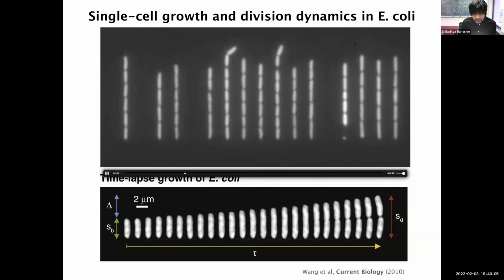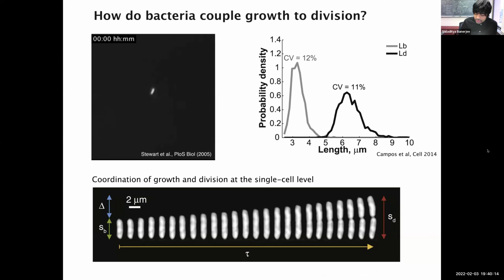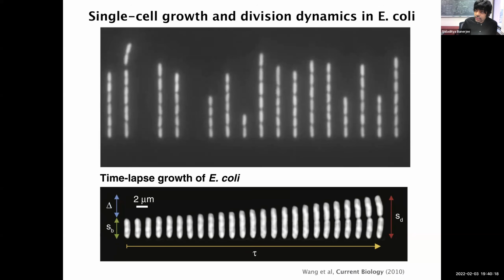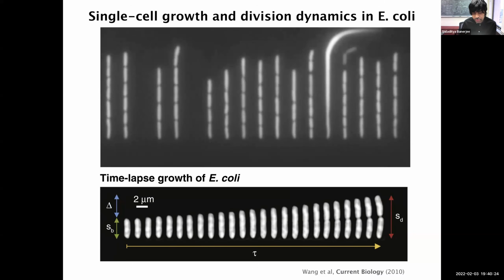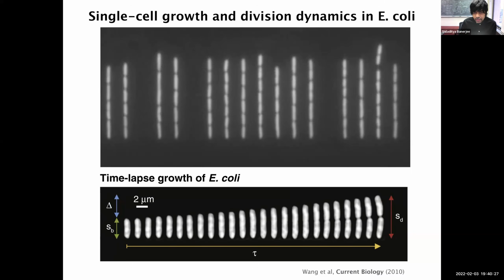So the first thing I'd like to ask is how do bacteria regulate their size? And how do I actually get a distribution like this? So let me first try out a few models, and I'll show you the failure of models, which is, I think, very important. When you first try out a model of a system which you don't know anything about, you need to try out the simplest possible ones, and then those models fail and you try out something else. This is how science progresses.